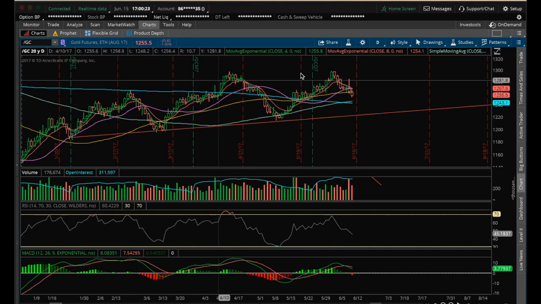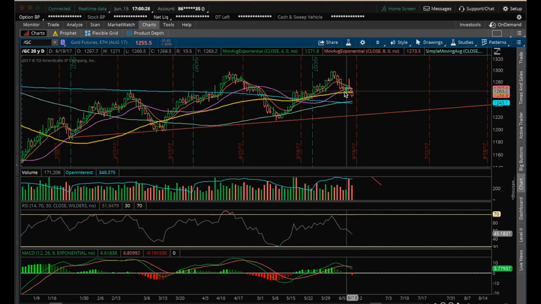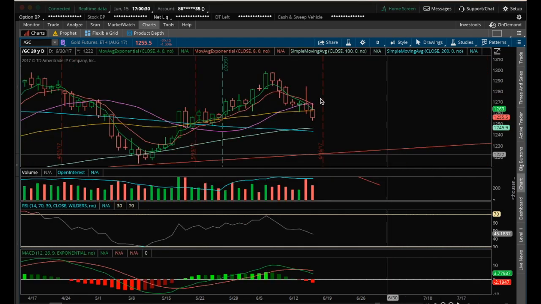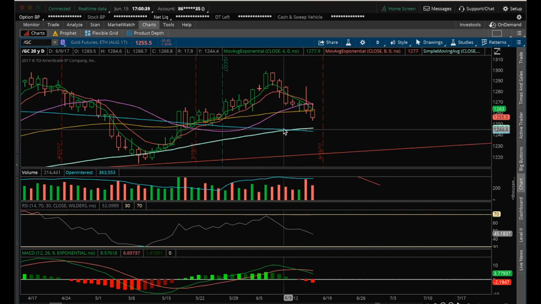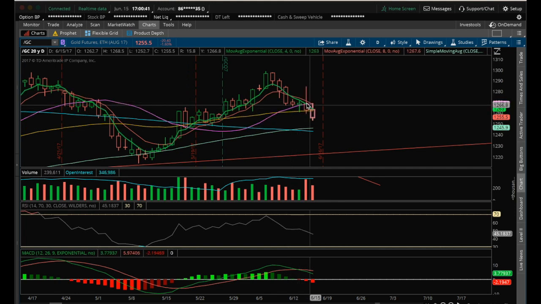Again, once gold got this TCG bear cross on the daily, it was bearish. Confirmation by losing the 20 EMA here. We have the TCG bear cross where the 4 EMA crossed under the 8 EMA. Lost the 20 EMA yesterday. Back tested, big rejections of those moving averages. And again, I said the 20 EMA and the 4 EMA lined up right there, which was a tough resistance to break. Now we're losing the 50 EMA here.